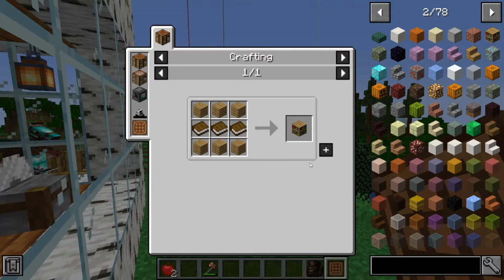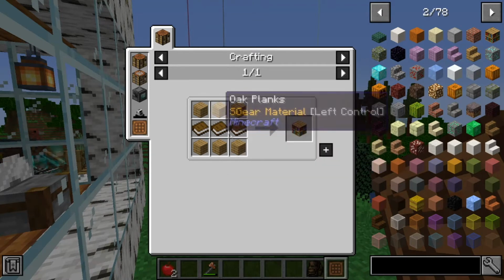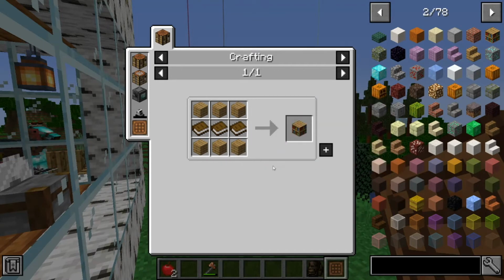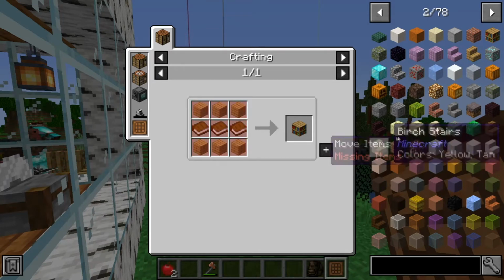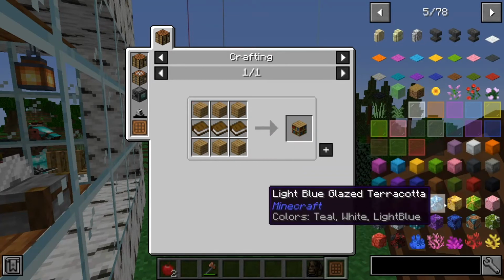So it makes shaped crafting a lot easier because you don't have to specifically grab a book, put it there, grab a book, put it there. It just automatically autofills the recipe. And if you hover over it when you don't have the items, it will show you specifically what items you're missing. So for more complicated recipes,